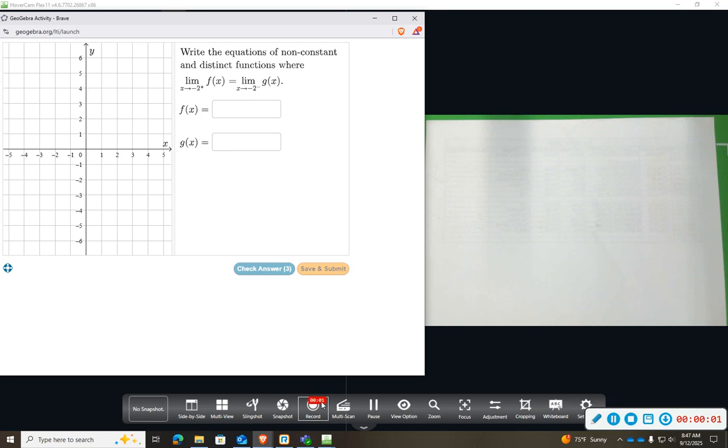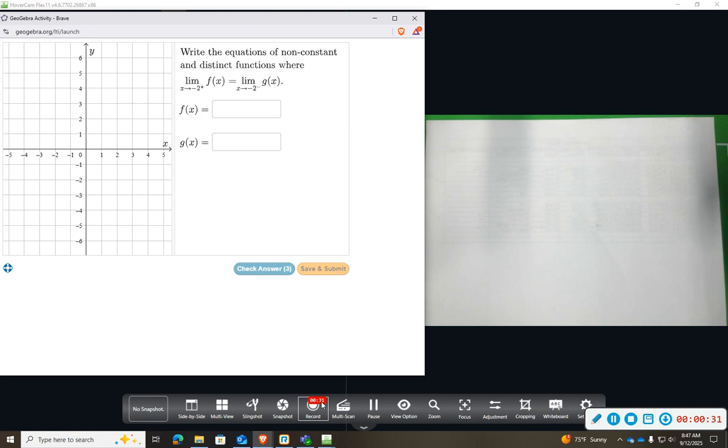All right, question number one. We have a GeoGebra problem. It wants us to write the equation of non-constant and distinct functions where the limit of f of x as x approaches -2 from the right is equal to the limit of g of x as x approaches -2 from the left. And so all we want to do is write two equations so that they are going to the